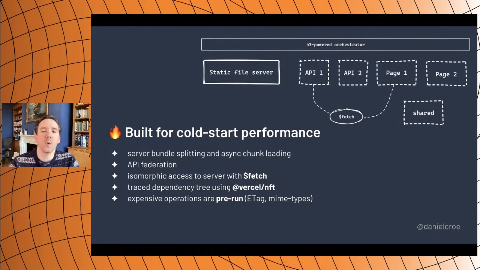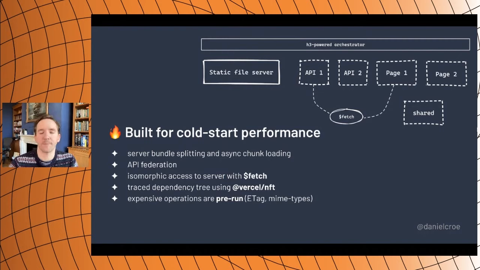But this means within your server-side rendering, you can actually call an API, and if it's being rendered on the server, it will just load the necessary bundle to actually respond to that call without needing to hit it or create a new request. Now, on the client side, it will create a new request and hit the proper endpoint. So it's almost magical. It's an isomorphic access to data. You just have to define your API and your Vue page in the same instance, and